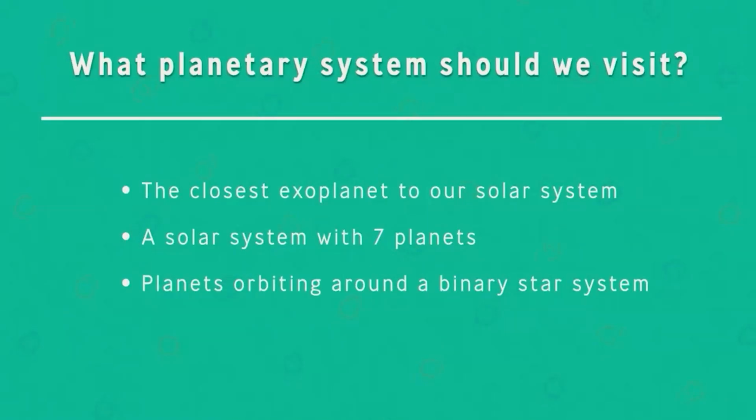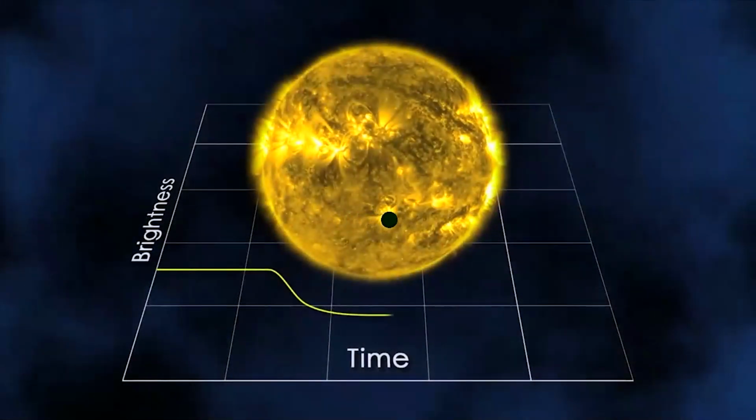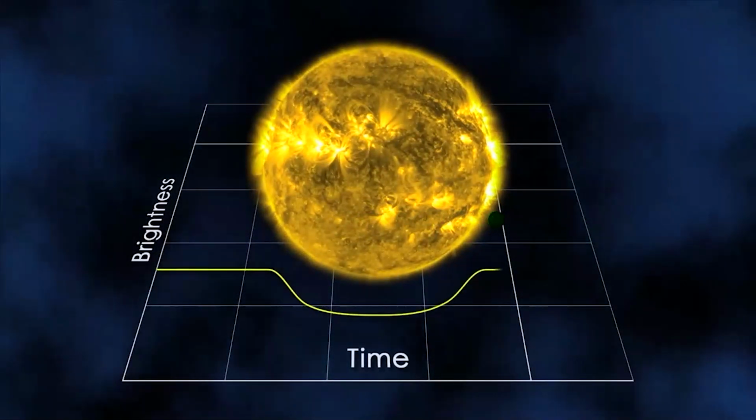We want to visit the planets orbiting around a binary star system. All right, we'll slowly travel to that planetary system with a binary star system at its center. But as we are doing that, I want to show a video that shows you how most of these planets were found. It turns out that we don't just go and take pictures of them, because it's actually very difficult because the central stars are so bright.